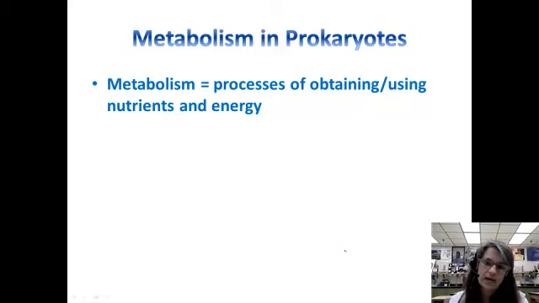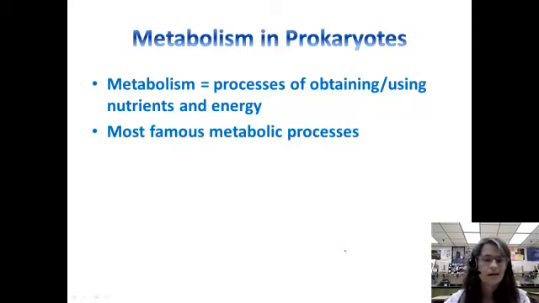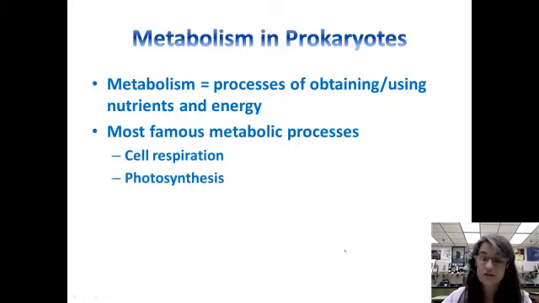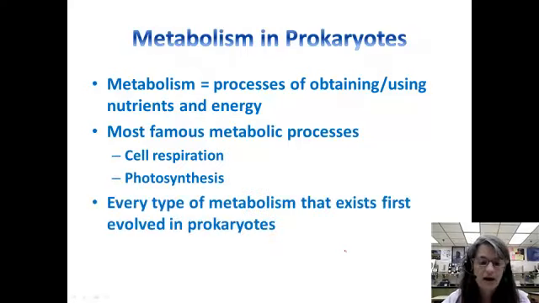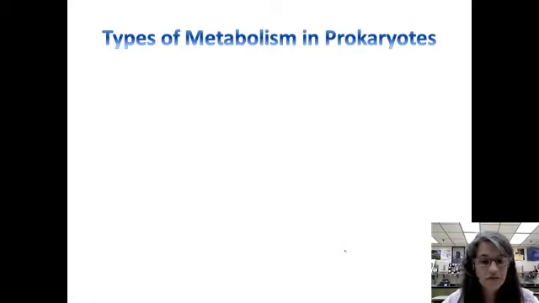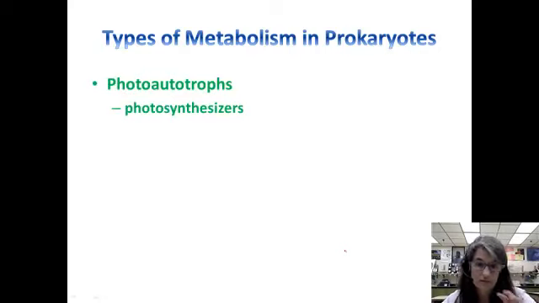Metabolism. Obtaining and using nutrients and energy. The most famous metabolic processes we know of are cell respiration and photosynthesis, things like that. Every type of metabolism that exists on Earth first evolved in prokaryotic life. So again, we owe prokaryotes a whole lot. Some fundamental types of metabolism that evolved in prokaryotes: